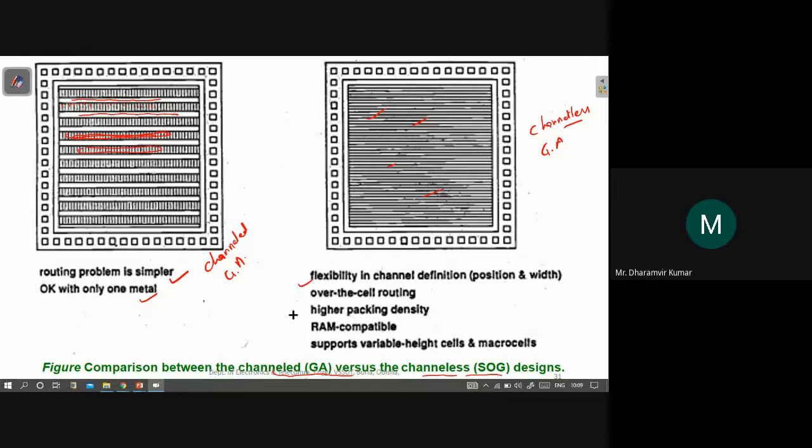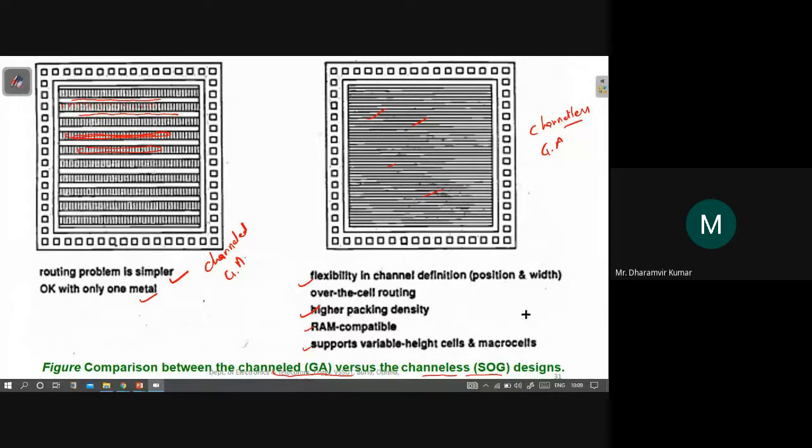And over-the-cell routing will give you higher packing density. It is RAM compatible and supports variable height cells and macro cells. These terms will also become clear as we move through the syllabus.